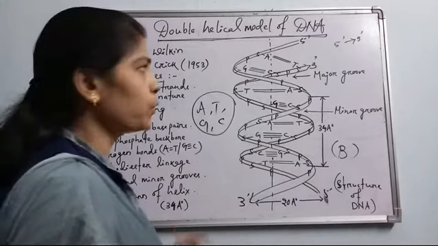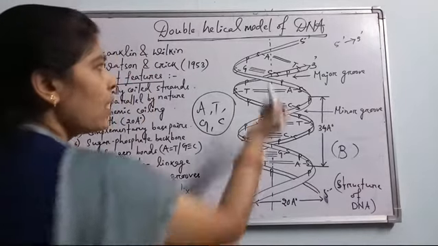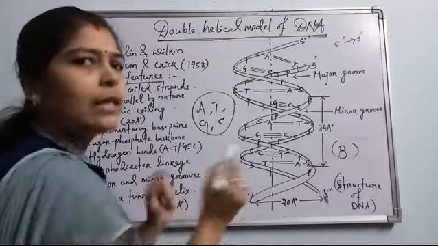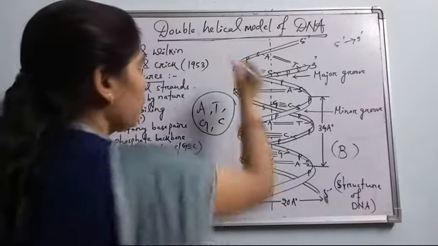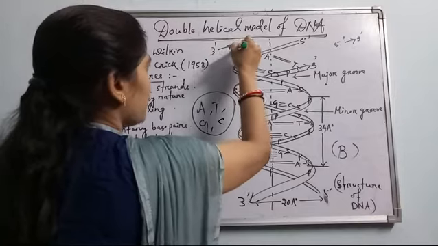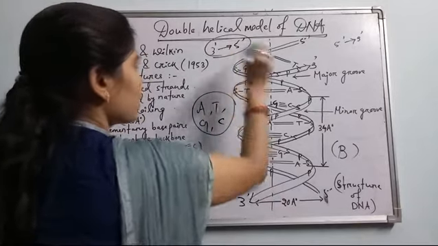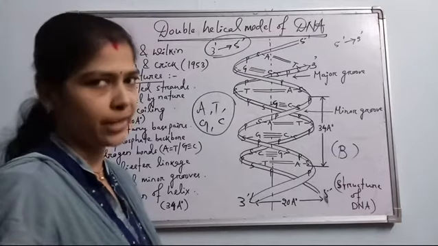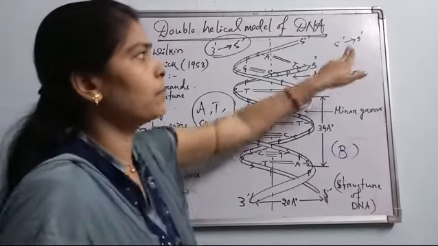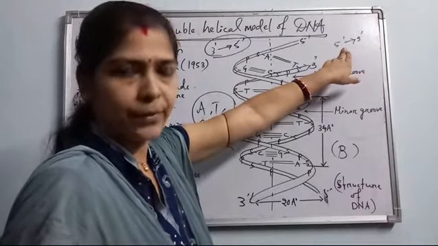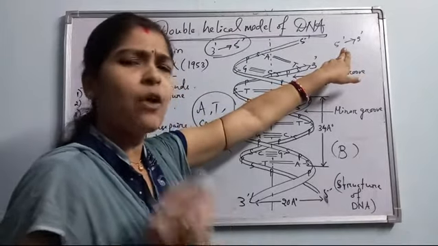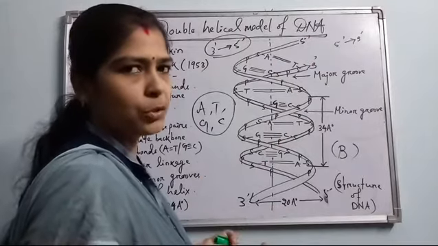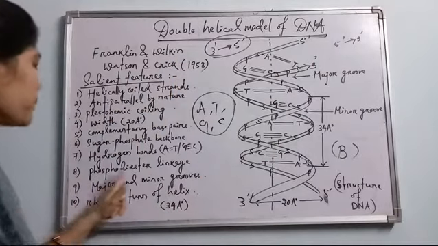I have just told you about the phosphodiester linkage, that is, consecutive nucleotides of a single polynucleotide chain are linked by 3' to 5' phosphodiester linkage. The linkage is always formed in this direction during synthesis of a polynucleotide chain. So the strand's direction remains 5' to 3'. Is it clear to all of you? If any doubt is there regarding my teaching, then you can comment in the comment box and ask me the questions. So, phosphodiester linkage.